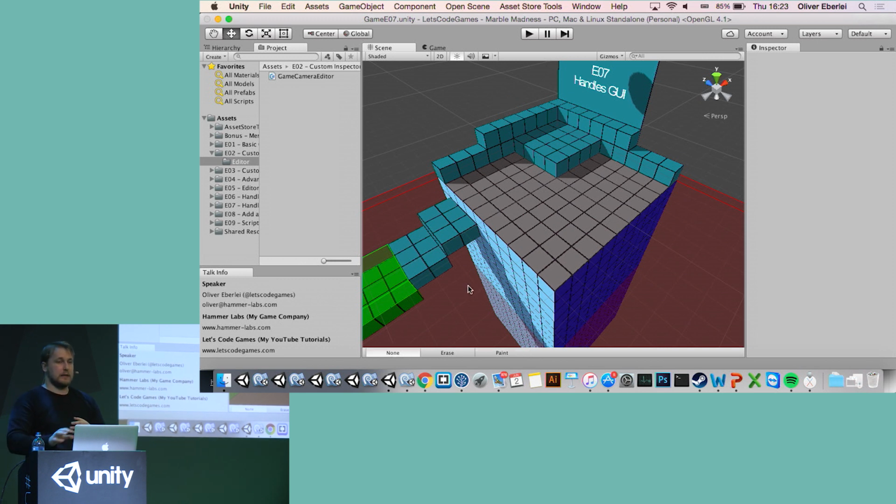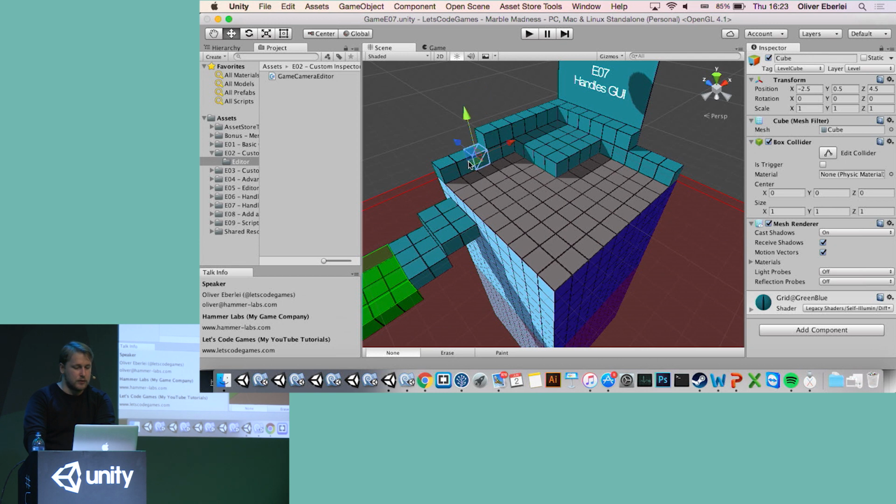First of all, what you can do in handles and in the onSceneGUI delegate that I showed you before is draw into the scene view. So what I did here very simply is I created just a toolbar down here, so I can select my tools, similar to the Unity tools. If no tool is selected, then I use the regular Unity tools, but I can have an erase and a paint tool.